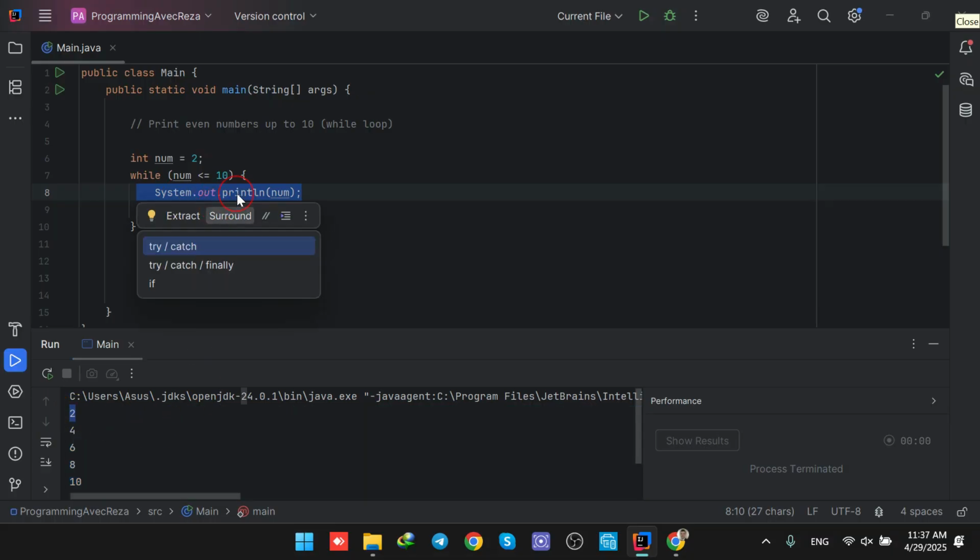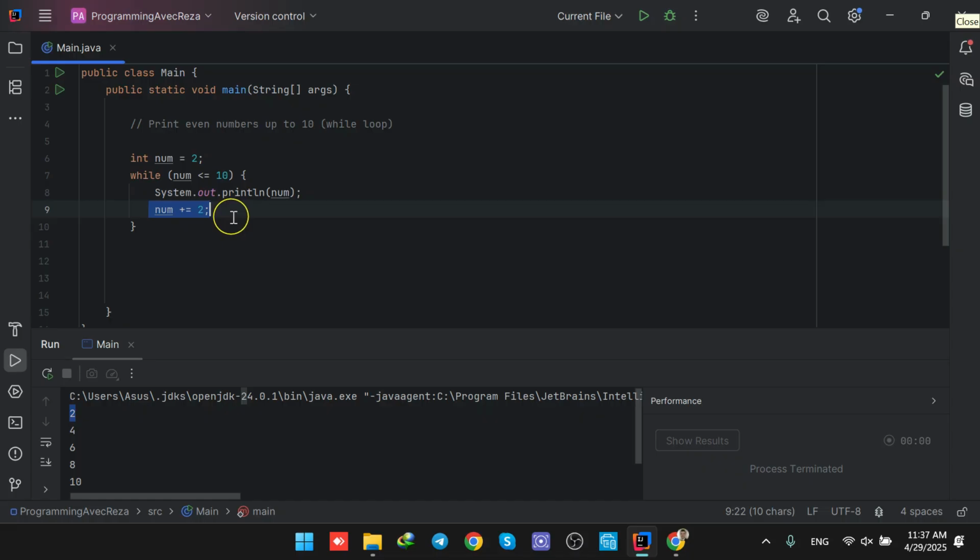Then increment the value of the variable num by 2. Now it was 2, it will become 4. So 4 less than or equal to 10, yes, so print 4. So we see 4 here, and then increment 2 more units to it. So now 4 became 6, 6 less than 10, yes, print 6, and then add 2 more, so we see 6 here. Then 8 less than 10, print 8, incremented by another 2, so we have 8 here,